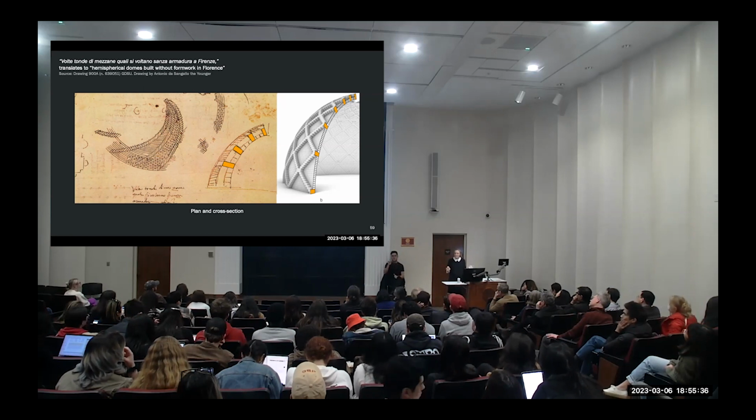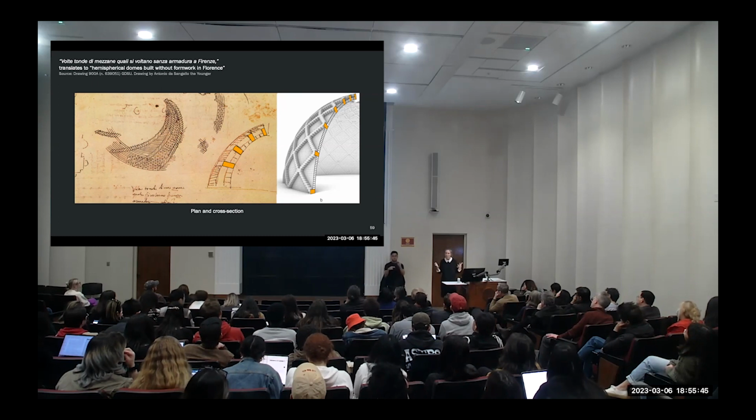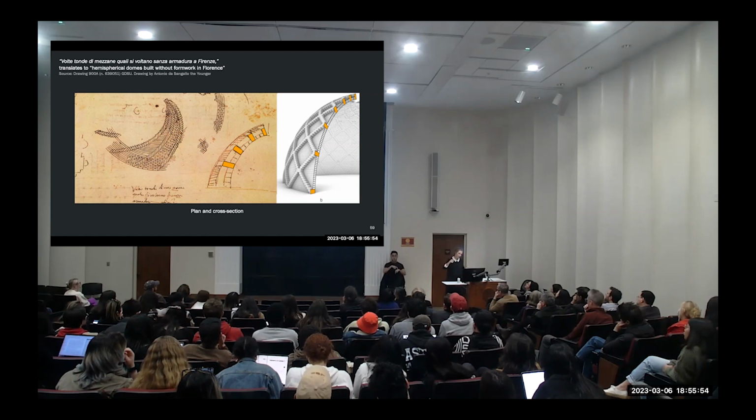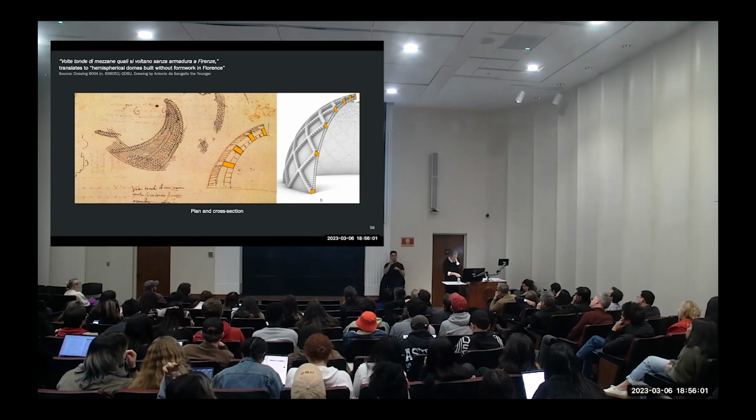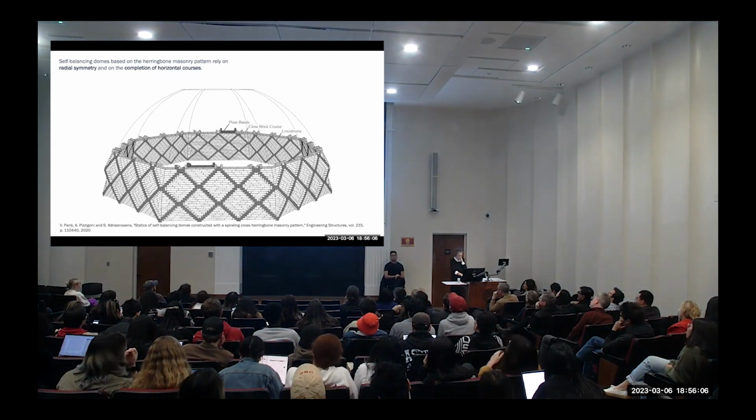Obviously, the spiral pattern, which we call the herringbone pattern, is very striking. A lot of people think that this is for aesthetic reasons, but if you go inside this dome, there's a fresco on it. So the herringbone pattern is absolutely not for aesthetic reasons. Some of the Renaissance domes have a single spiraling, and some have a double spiraling, like the rendering that we made here. This is a right-hand wall, right? Right on the side. So we tried to work out how you can construct a dome like that.